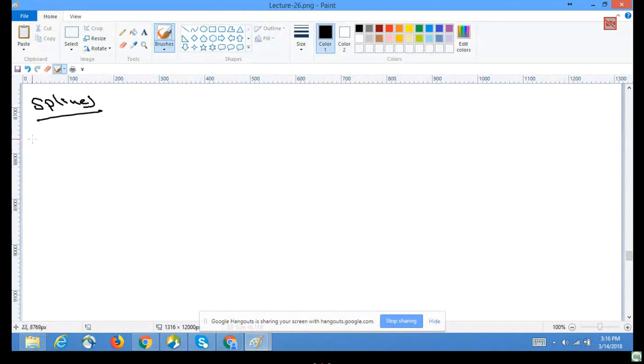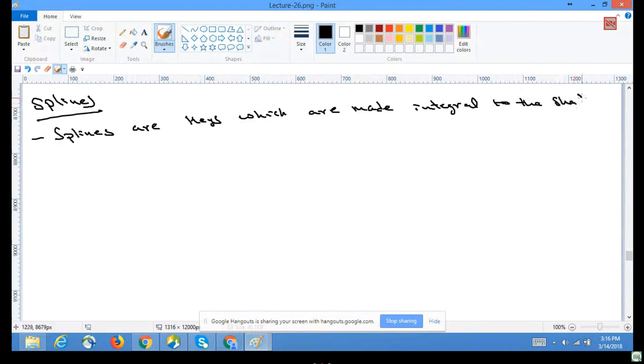These splines are keys which are made integral to the shaft or hub, and